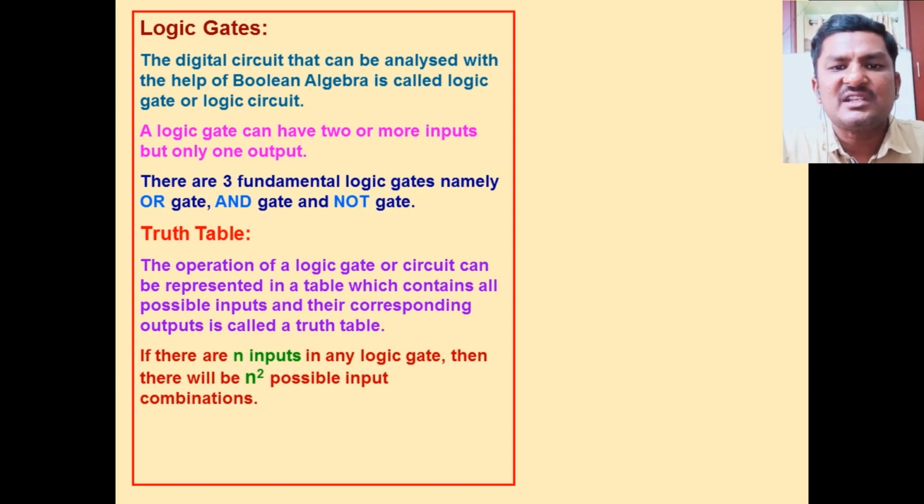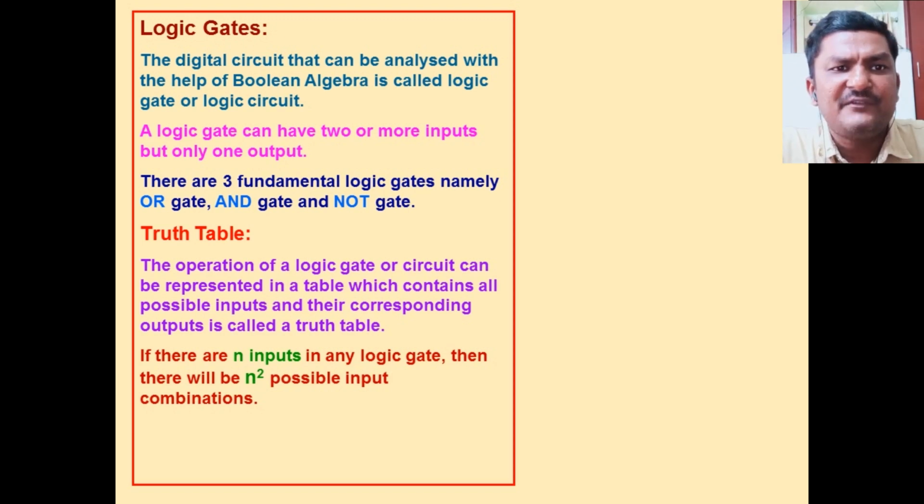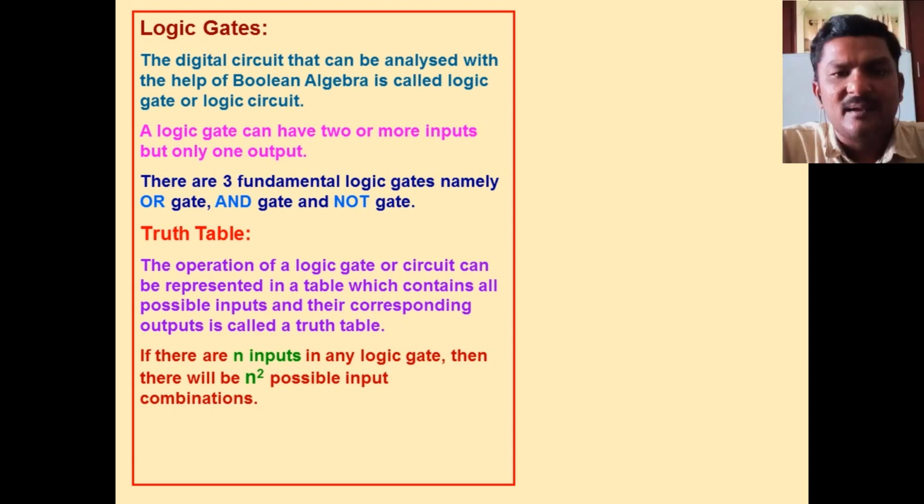The operation of the logic gate, which contains all the possible inputs and their corresponding outputs, is called a truth table. So if there are n inputs in a logical circuit, there will be